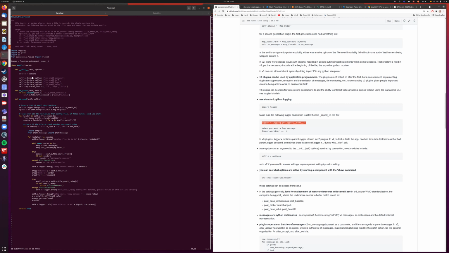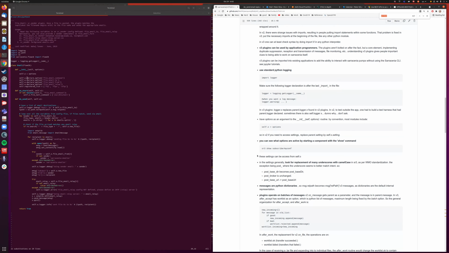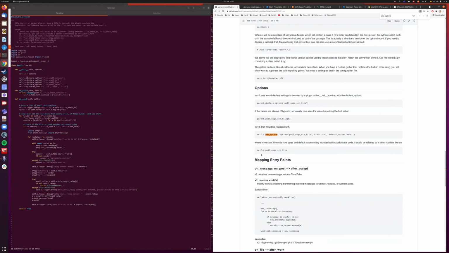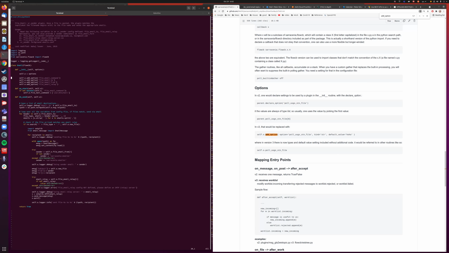Then declare option. So that's a whole different API. Do we have options in here? Does it go over that? Add option. There we go. So you have kinds and strings. So this turns to dot comma plus 3, s/declare/add. There we go, and the registered list goes away, and so file email command is a string, and it has